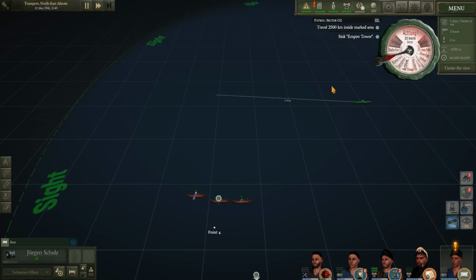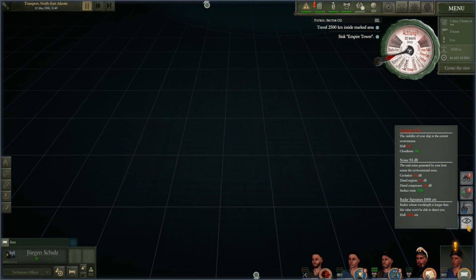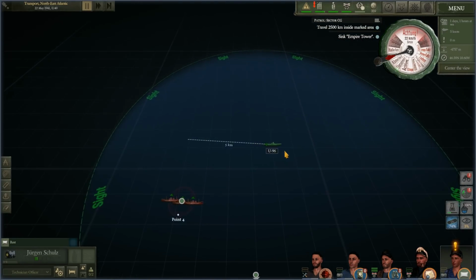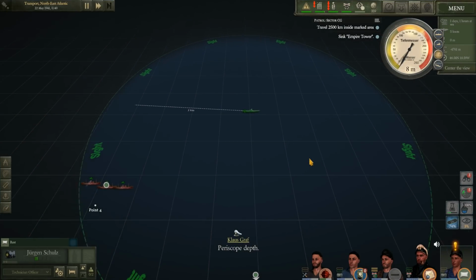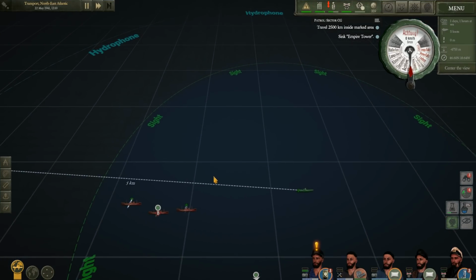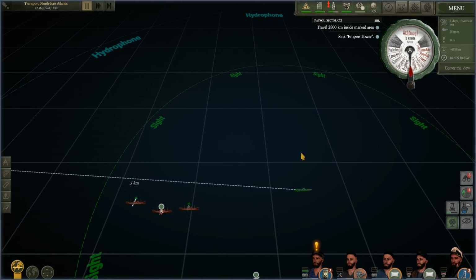I'm going to try to keep that as much as possible even. You also can see here now that we have a 3% chance of being spotted. So I will go ahead and give the order to go down to periscope depth. I've waited for a little bit of time to pass because the fleet is pretty much almost at my 90-degree